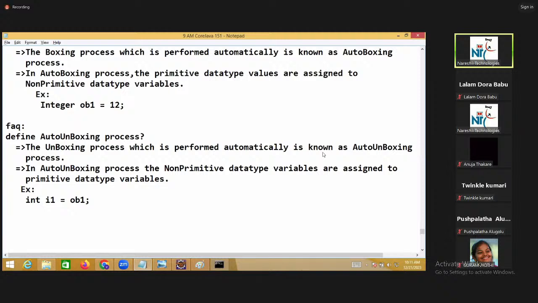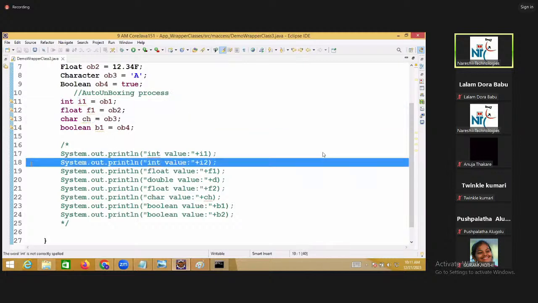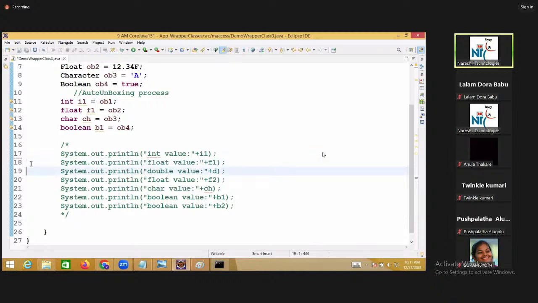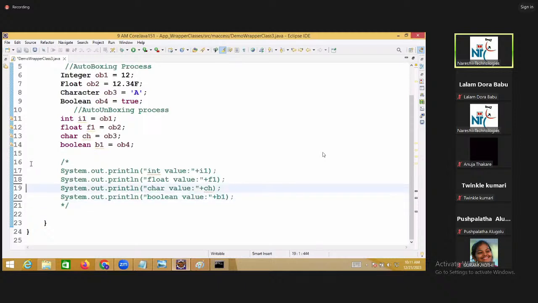Right. So let me display that I1 and so on. Display I1. Display F1. Display CH. Display B1.